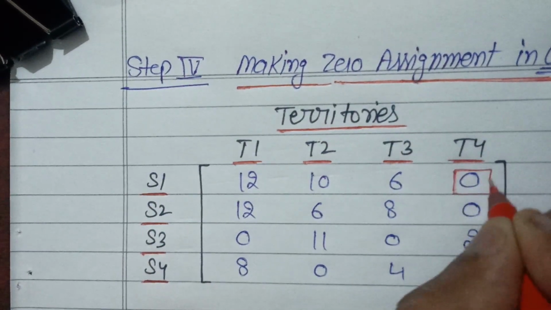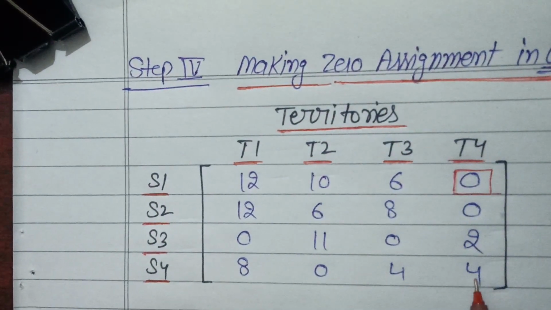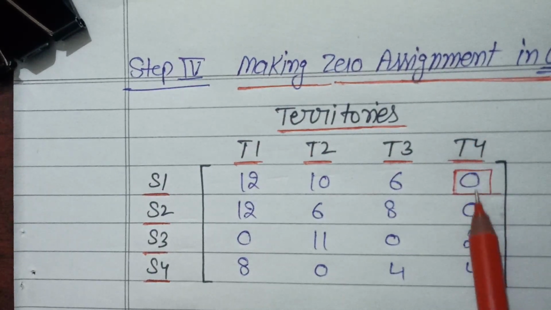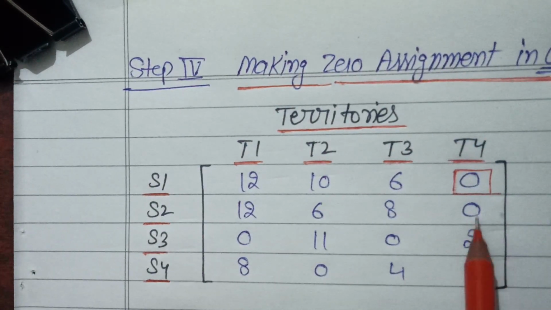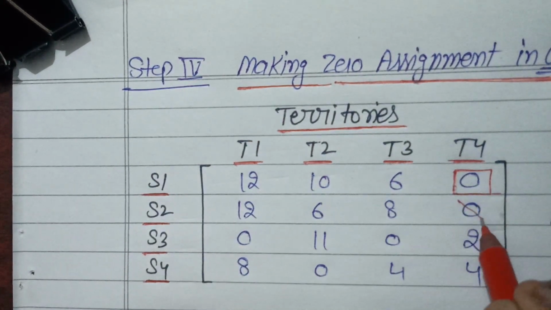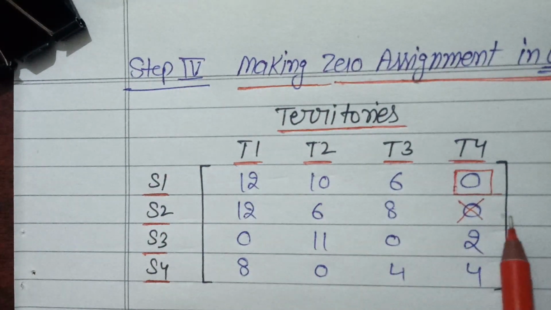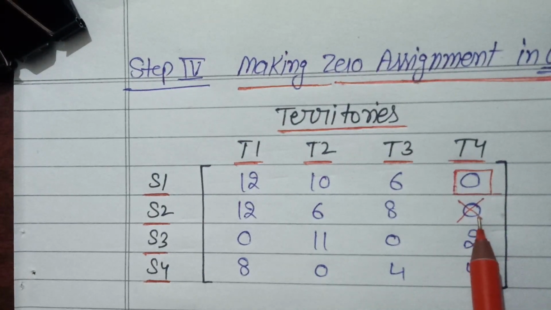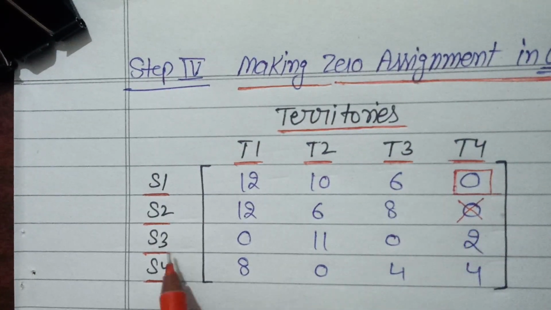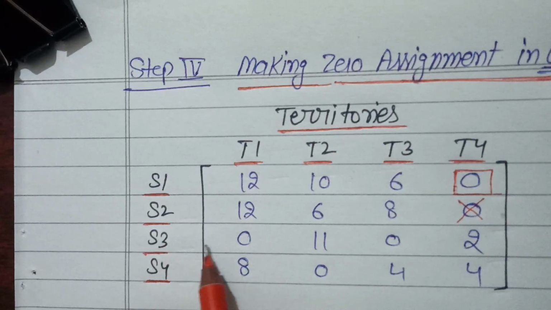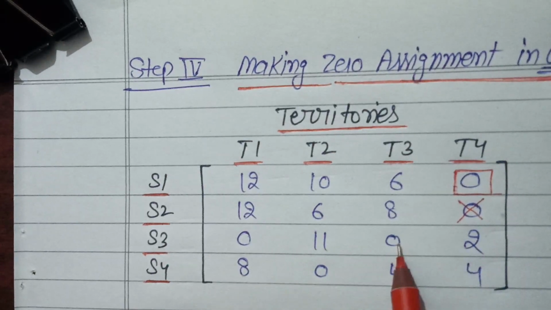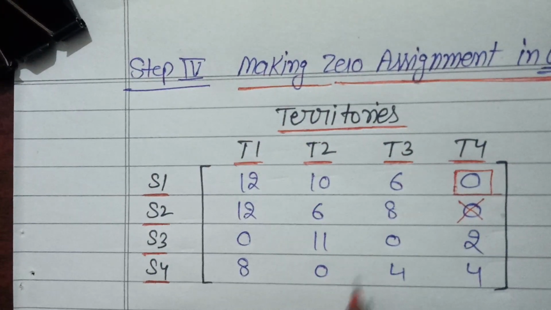Now after making an assignment in a row, you have to check the corresponding column. In this column you will see that there is a 0 available and an assignment cannot be made to this 0 in any case, so let us cross this. Now moving to row 2, you will see that there is no 0 available. This was the single 0 but it has been crossed out earlier. Now moving to row 3, you will see that there are 2 zeros and we cannot make an assignment to this row also. So moving to row 4, you will see that there is a single 0 available, so we can make an assignment to this cell.